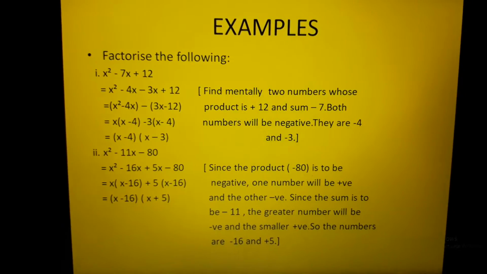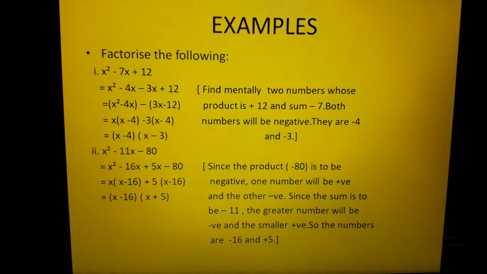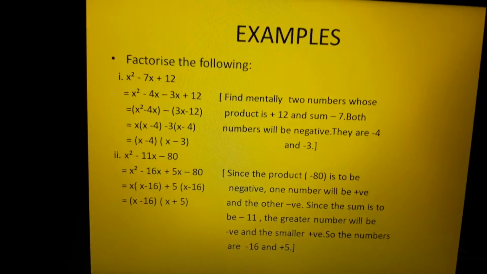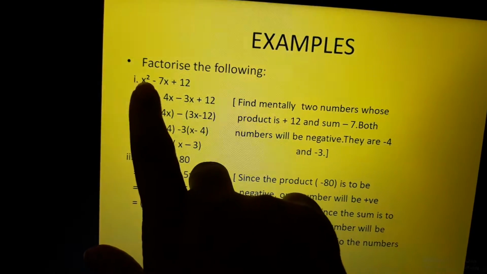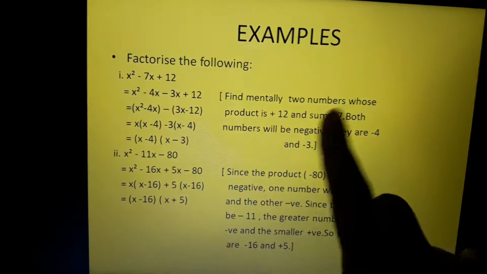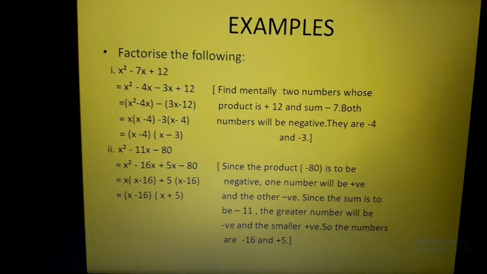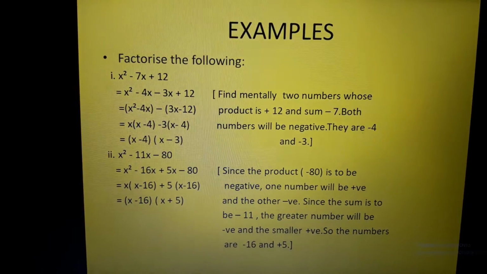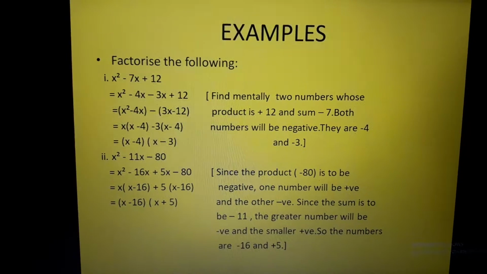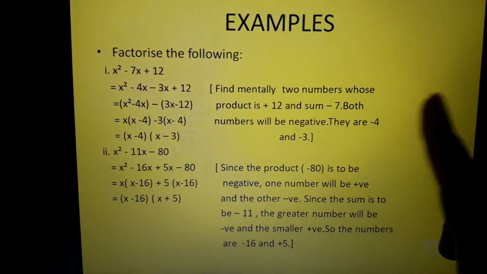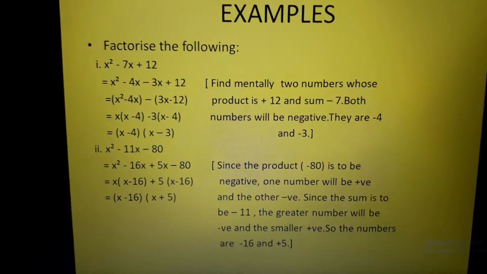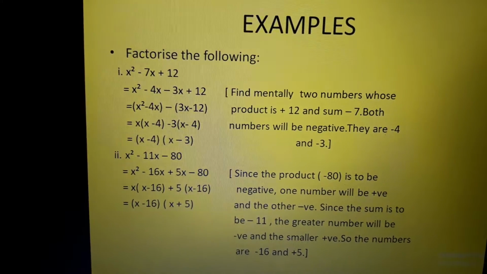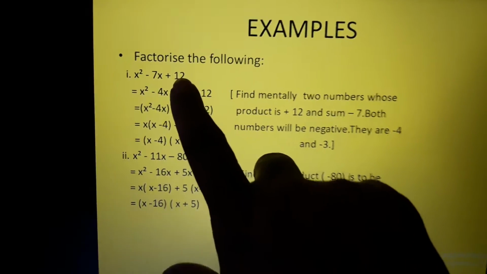Now in the first example we have x square minus 7x plus 12. We observe that the middle term is minus 7x and the last term is plus 12. We consider the product of the coefficient of x square, that is 1, and 12. So we are getting plus 12. Now we have to split minus 7 into two numbers such that their sum should be minus 7 and their product should be plus 12. So which are those two numbers? Those two numbers are minus 4 and minus 3, because if you add minus 4 and minus 3 you will get minus 7, which is there in the middle, and if we multiply them we will get plus 12, which we have here as the last term.